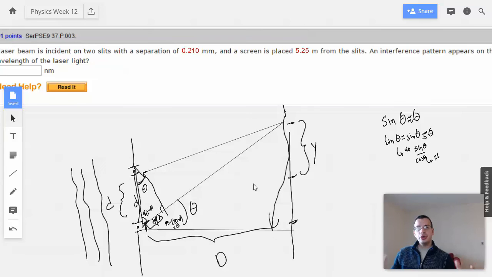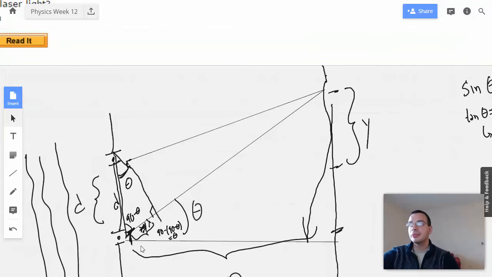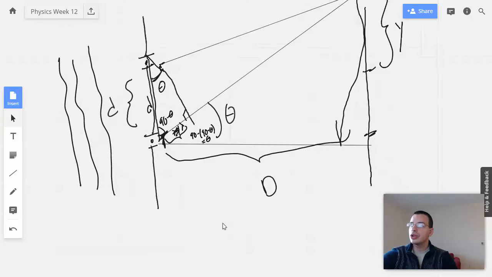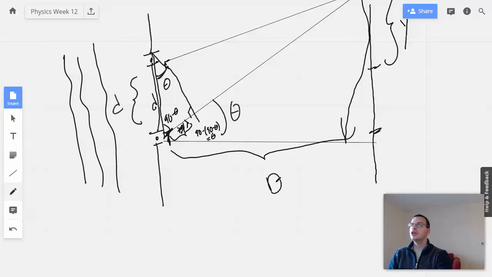For two slit interference, it's usually easier to find bright spots. So to make it a bright spot, it's going to be lambda. All right. So we write this out. We're going to say here sine of theta, which is about theta, equals, now say sine of theta is opposite over hypotenuse, SOHCAHTOA. So opposite in this case would be lambda, so opposite over hypotenuse, which is the small d,